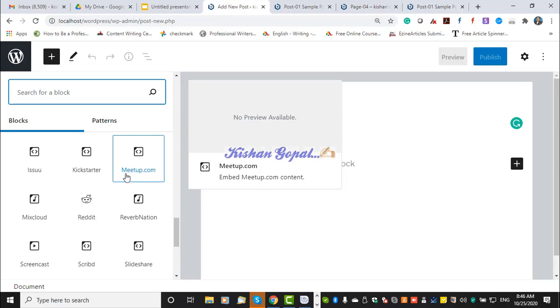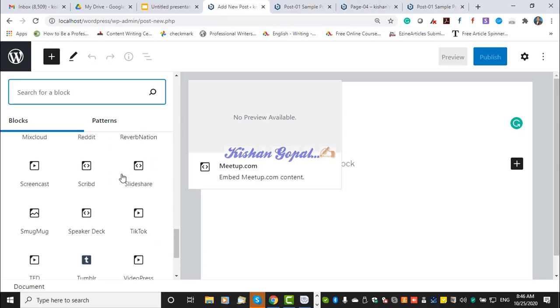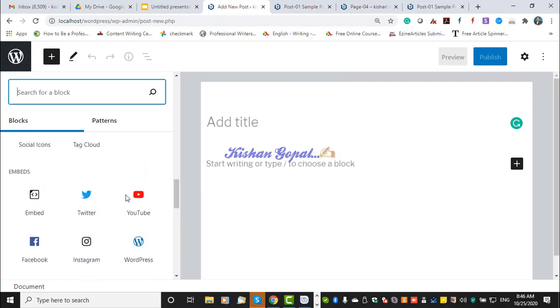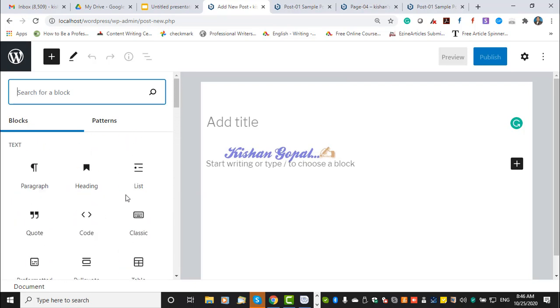So we can do research and we can add content the way you want. But when it comes to loading speed, you have to optimize the loading speed so that we can rank better on Google. So this is how we have to create our blog post. I hope you got a brief idea of how to add your blog post.